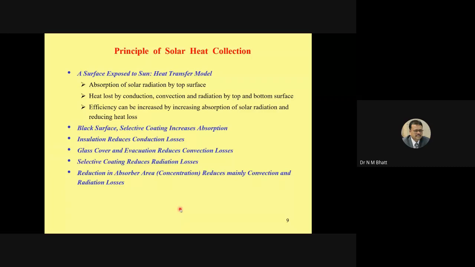Then maybe from the support, there would be conduction. Remember, normally in a solar thermal system, the conduction losses are minimal, negligible. Mainly there are convection and radiation losses. But whenever some portion is exposed to metal contact or material to material contact, we can use insulation to reduce the conduction losses. That is a well known fact. If you have conduction losses, you provide insulation so that they can be minimized.